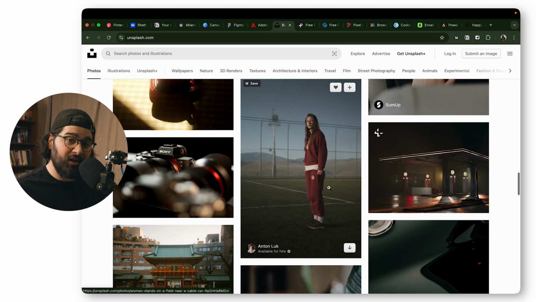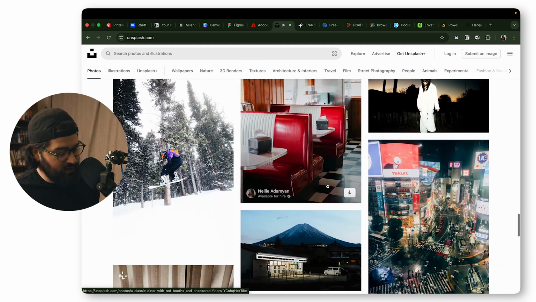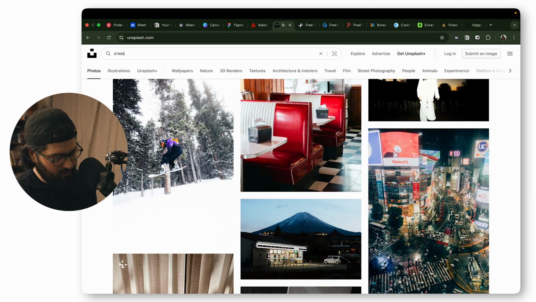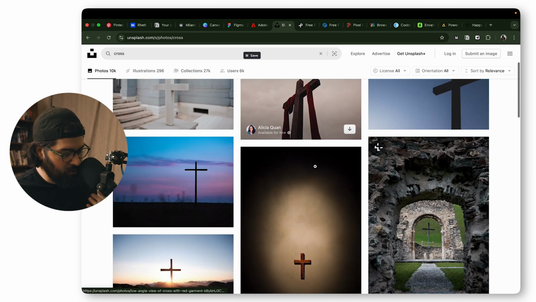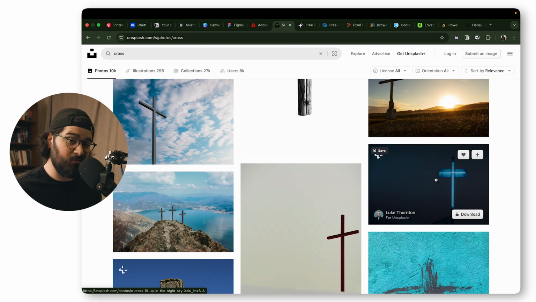They do a really good job of curating their catalog where most things are usable and you can find what you need somehow, even in the Christian world. Like if you search for a cross, you're going to get some usable images of a cross. Now, you might have to dig for a while, but you are able to find most of what you need